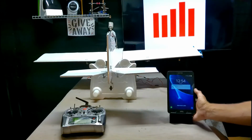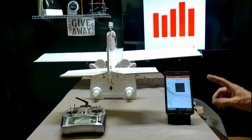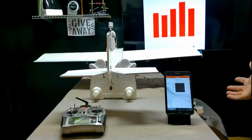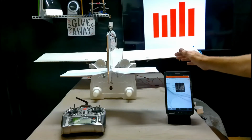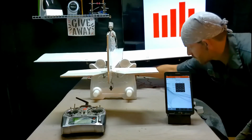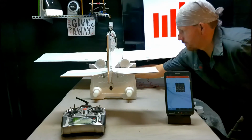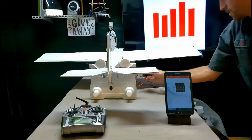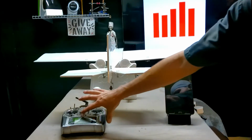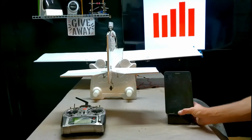So we're still connected in our AS3X programmer app. No, we are not connected. Okay, this thing is finicky. This happens. It times out. So we're going to power off the plane. Get my battery back over here. Turning off the plane, off the transmitter, transmitter on, airplane on,